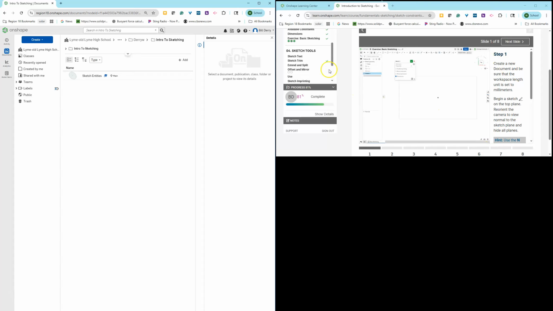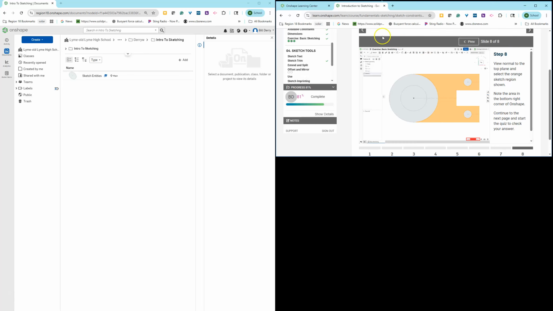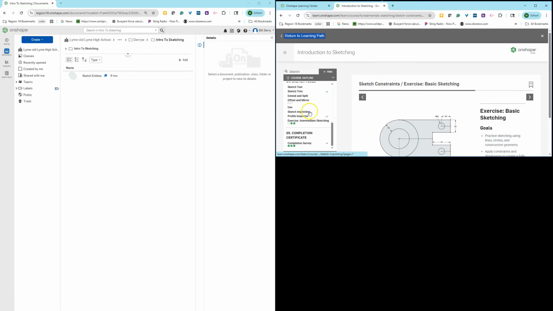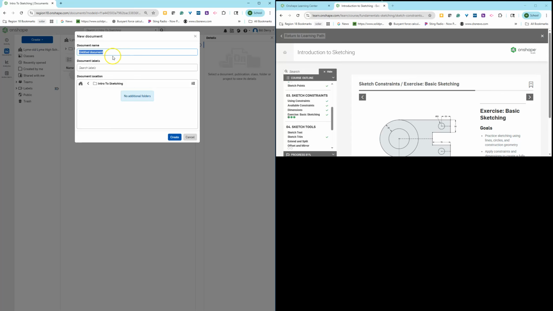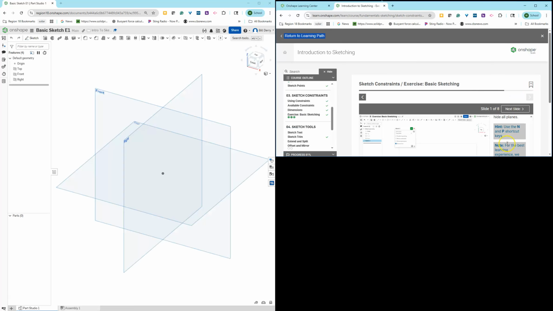Let me go back to the beginning. So we are going to, does this thing have a name? I'm not sure it has a name. Exercise, basic sketching. So we'll create a new document and call it basic sketch. I'm going to call it E1 for exercise 1. Hit create. Now, right from the get-go, it tells us that this document needs to be